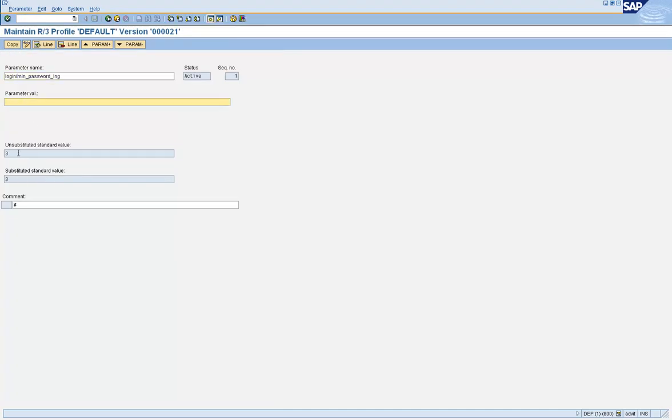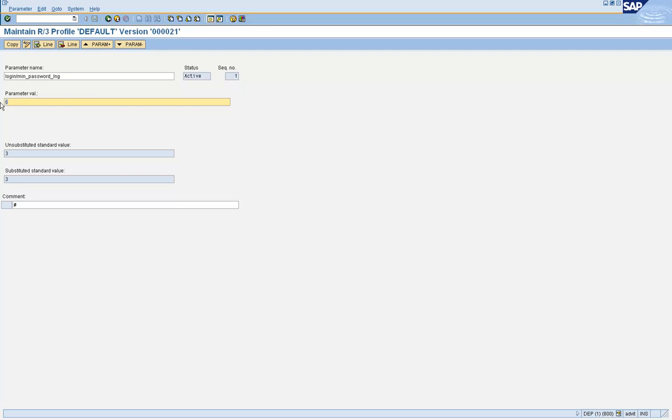The SAP default value is 3. But 3 will be very short for a password. Users having passwords with a minimum length of 3 is not good enough. You have to force them to use at least 8 characters or whatever. Let's say our minimum that we specify is 6. So we are forcing the users to use at least 6 characters in the password.